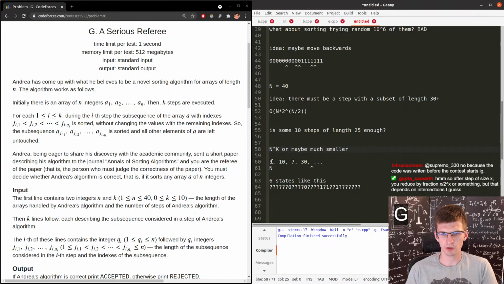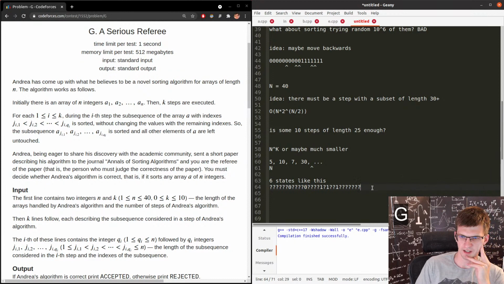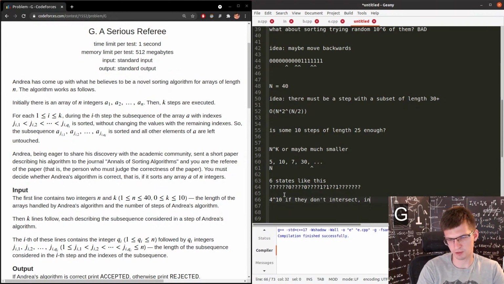After considering those, what is our state of knowing something about this string? After considering only a 5, so a step that touches 5 positions, we only know that those 5 positions are 0, or 4 zeros, 1, 1, 3 zeros, 2 1s, and so on. But exactly, it depends on intersections too. If those intersect, that I think is the worst, that you will have something like 4 to 10th power if they don't intersect. So input is of sizes